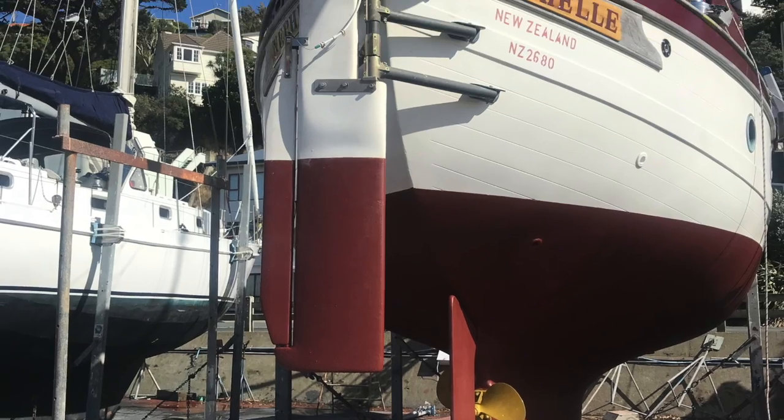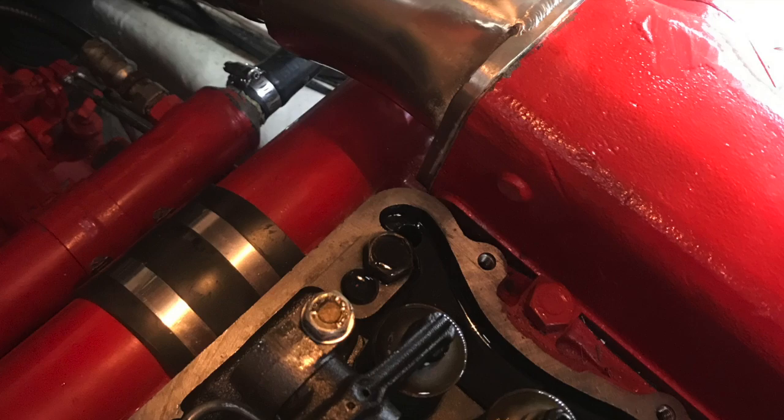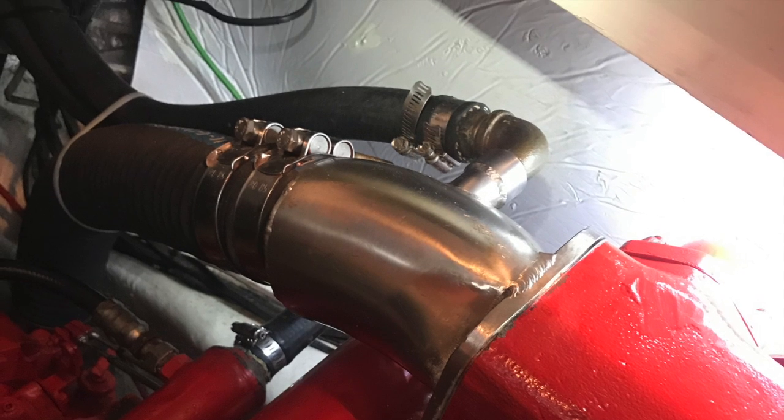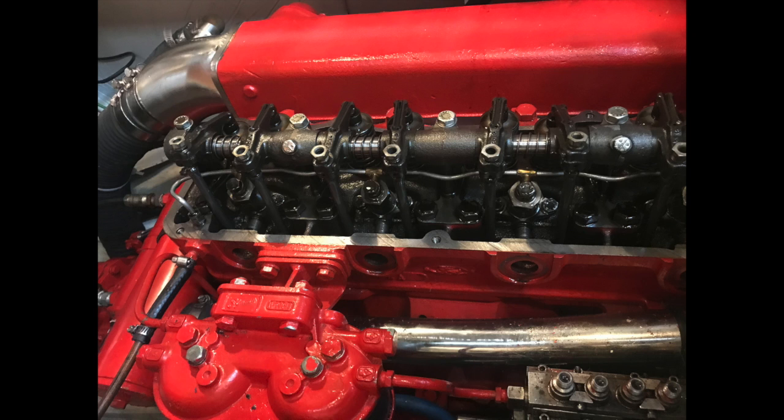This is Nephelle, our sailing yacht, 43 feet long. It sails at approximately 7 knots average. It also motors at about 7 knots average. Beautiful sailing boat, 20 tons, built to sail the world, and we were looking forward to going to Fiji, Vanuatu